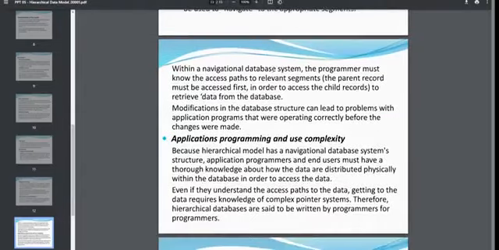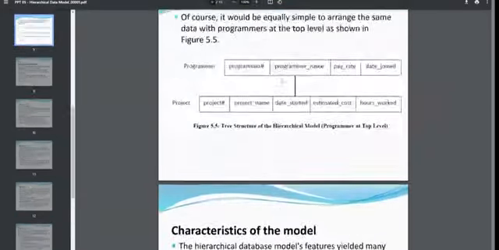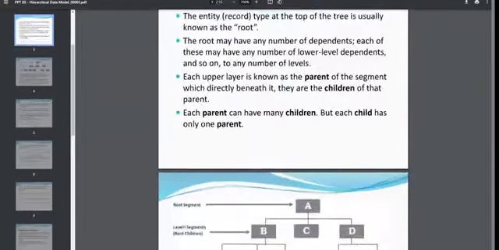Then the next one is application programming and use complexity. Again, the same thing, the complexity. It is harder to build them. It is a little bit complex due to this model. Okay, then we discussed the first model,